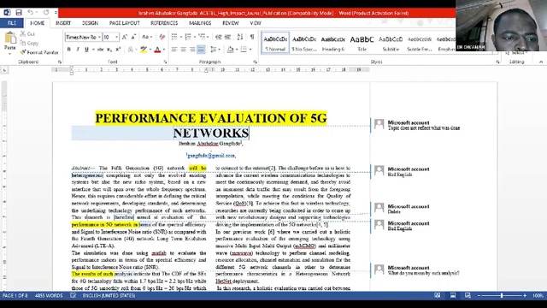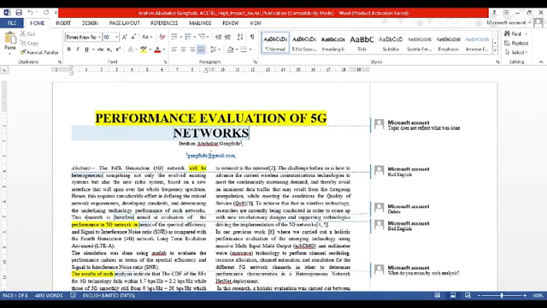The fifth generation network will be heterogeneous, comprising not only the evolved existing system, but also the new radio system based on a new interface that will span. How can you say that? You can say the fifth generation network is heterogeneous and comprises. So the English is bad. It's not that; the fifth generation network is heterogeneous, comprising not only the evolved existing system, but whatever. So that word does not fit in.